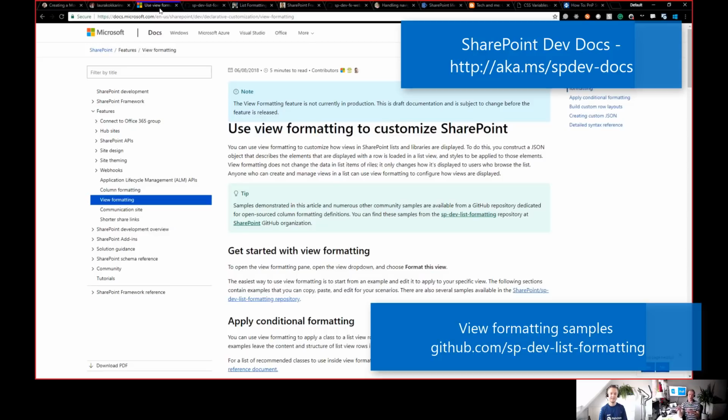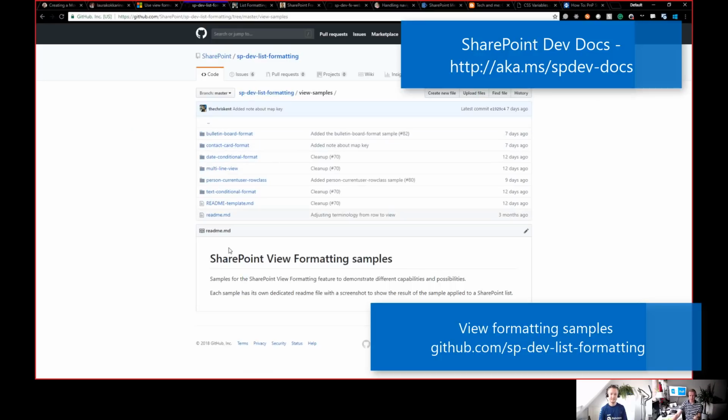The official announcement that this is now available as a tech community blog post has gone live. But the documentation is live. You are also able to already see plenty of these two formatting samples, which are available in the SP Dev